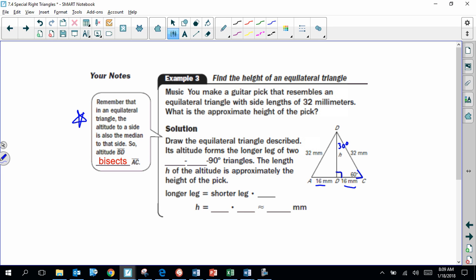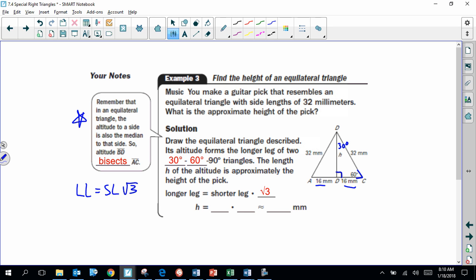Now, filling in the blanks for what we're looking at, we've established that this is a 30-60-90 triangle, and one of the rules says that the long leg is equal to the short leg times the square root of 3. The shorthand I use is LL for long leg equals SL for short leg times the square root of 3. So if I wanted to know what the